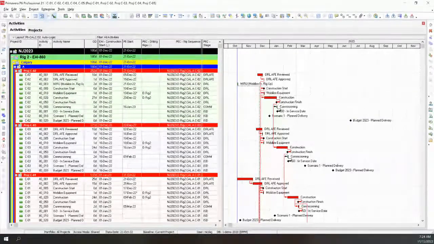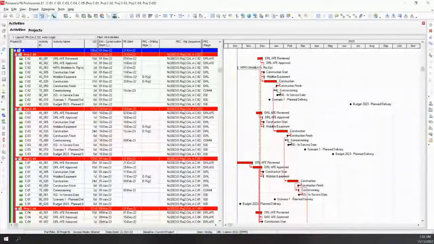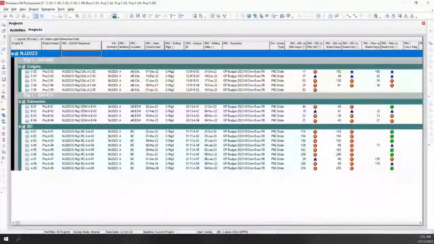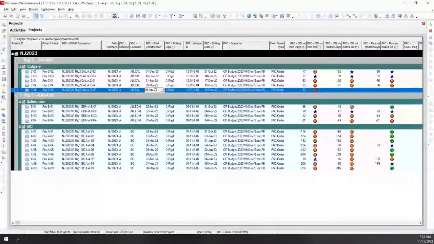Okay, so you can see right now that the drilling work is going, so the construction, it's called construction in this example. We've got the construction of C02 going next. There's a logic tie to C03, going to C01, etc. It took the priority that I put in with this date, and it used that to order the projects automatically. Now, I might say, no, we're actually going to do